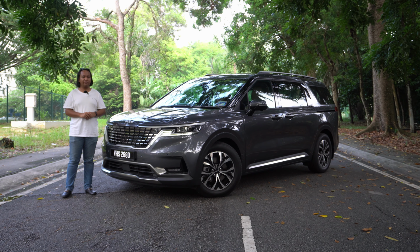Now, I took this car to Temerloh and back with no traffic, and the car was faultless. But I wasn't quite happy with it because I wanted to give this car a proper test, which included traffic jams. So I went to Malacca on a Sunday. And so naturally, coming back from Malacca on Sunday evening meant I encountered about 40 minutes worth of traffic coming in just south of Seremban, heading back into town, during which time I managed to use the traffic jam assistant to its fullest. Now, it was also raining at the time,